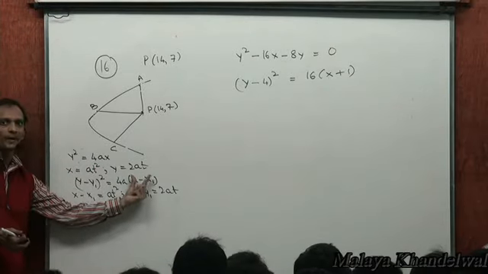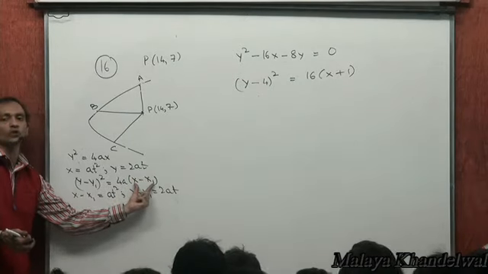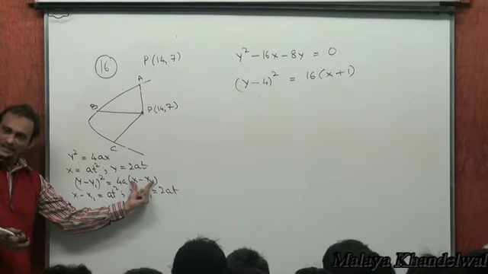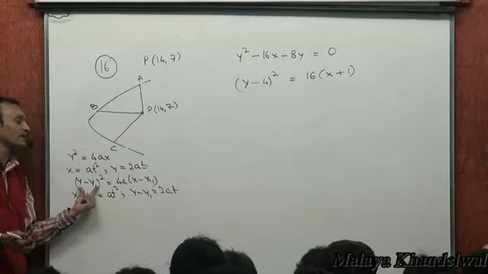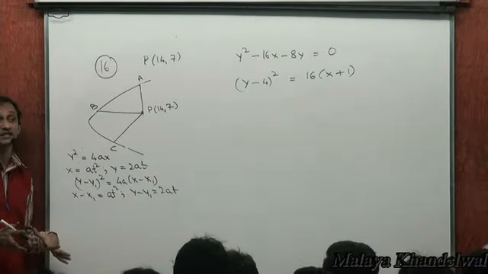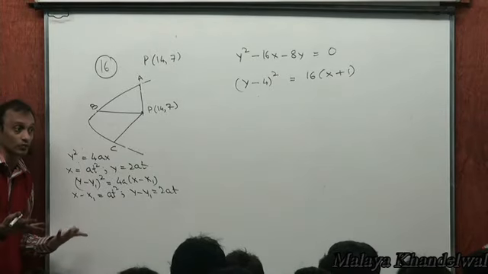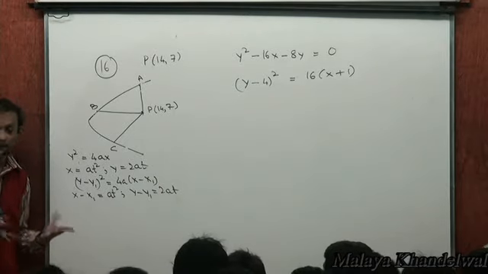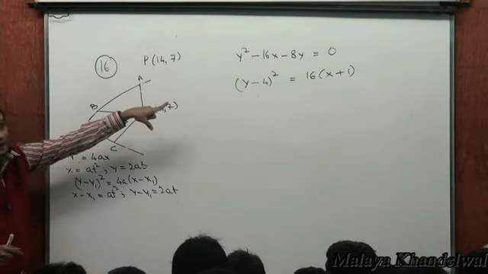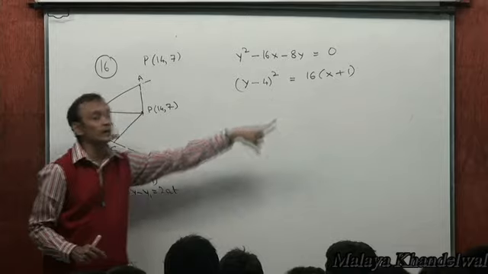However, if this is the form of the parabola, then instead of saying x equal to at squared, we say x minus x1 is at squared, and therefore y minus y1 is 2at. That's the representation of any point on such a parabola. Yes or no? Right? So now on this parabola, which is (y minus 4) whole squared is 16 into (x plus 1),